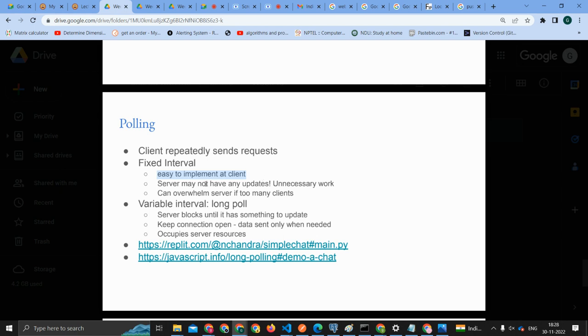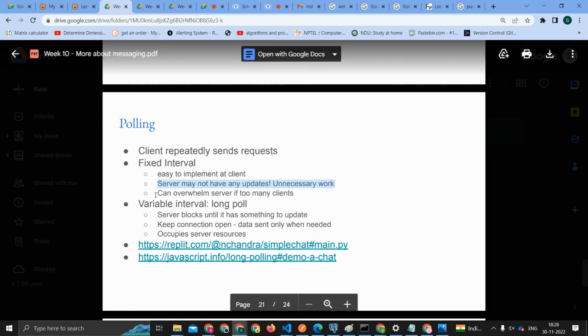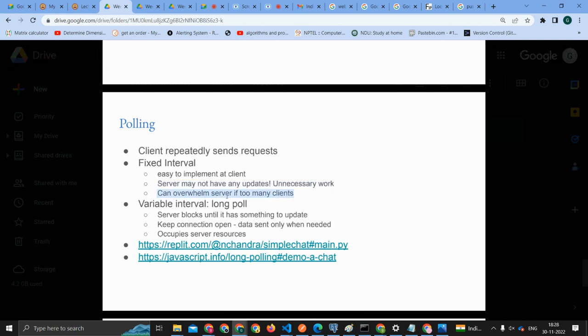Ideally. The server may not have any updates, so unnecessary work. For example, if you are getting only one message every hour, and every 5 seconds you are sending a request, it's a waste of resources, right? It's unnecessary work. That's the problem with the fixed interval. It can also overwhelm the server if too many clients exist. Basically, when you're trying to scale this up,